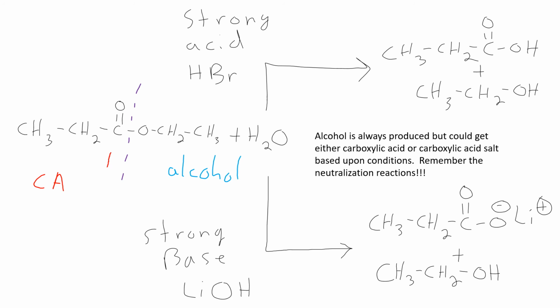Well, the C double bond O from the ester is going to form the C double bond O of the carboxylic acid. So we could get that in place. What do we have attached to that C double bond O? I'm just going to use red numbers to illustrate that. Well, we would have a CH2 and then a CH3. What are we going to have? That same thing in that same connectivity. CH2, CH3. I didn't change any of my bond connectivity here.